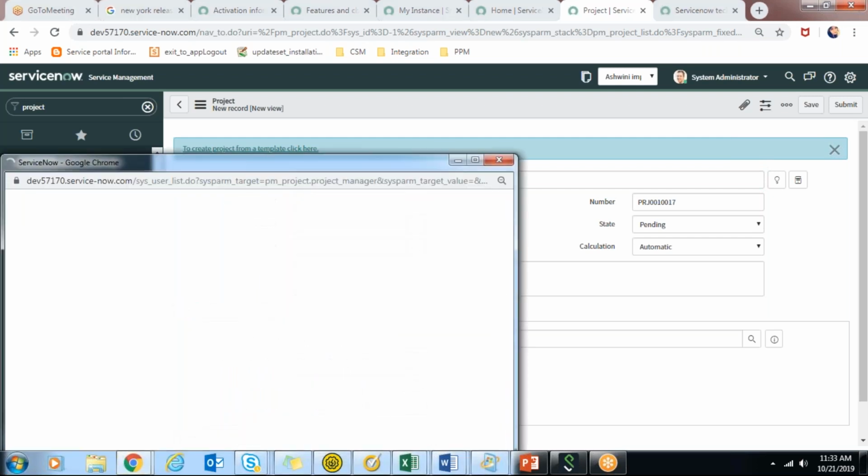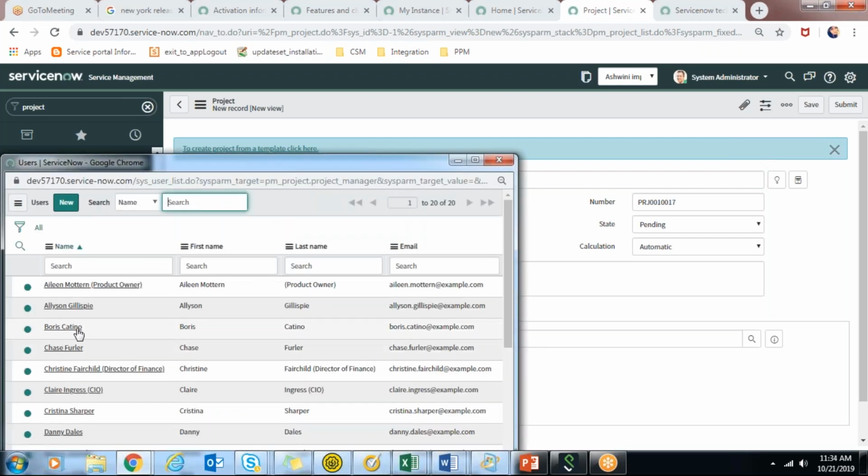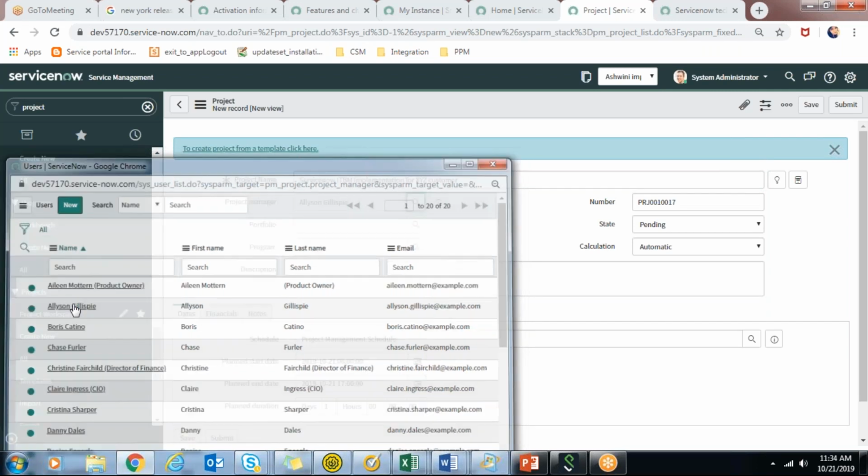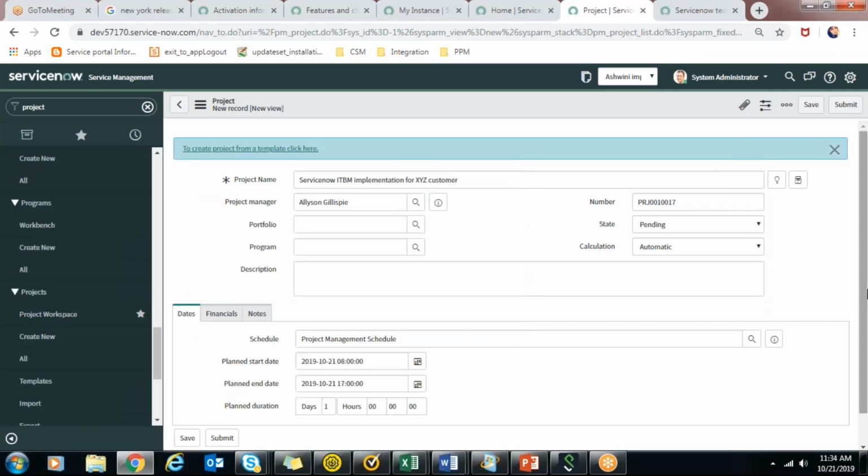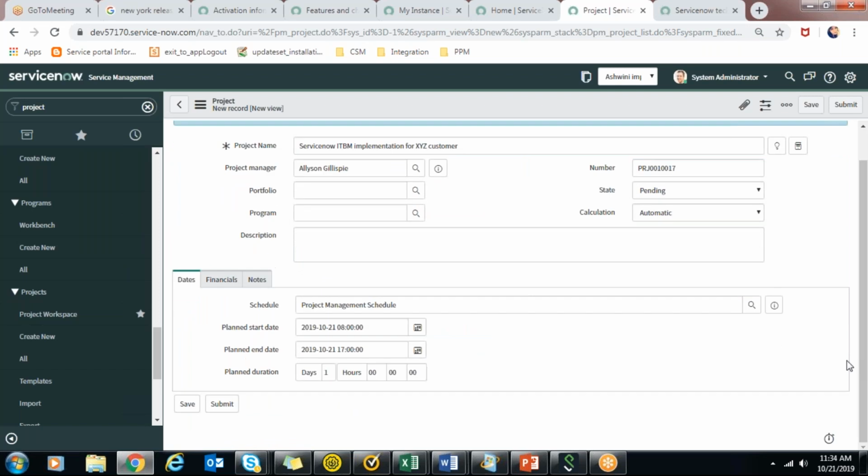Whatever this project depends on, the whole documentation, baselining, checking the progress, creating milestones and project tasks, this project manager is responsible for that. And this person should have the IT_project_manager role.